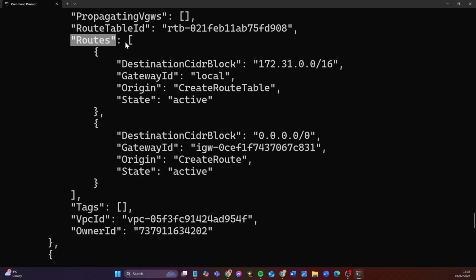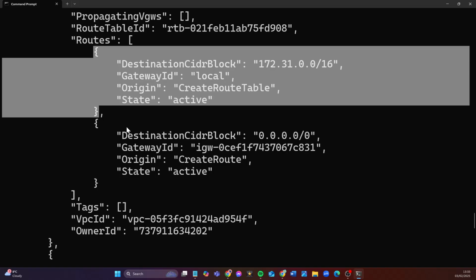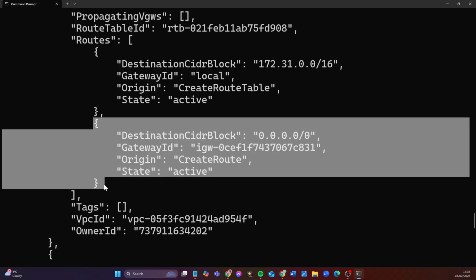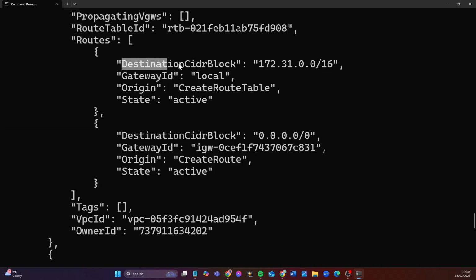And then Routes, and we've made this an array, so an ordered list with opening square bracket and closing square bracket. And we have the first object, the first element in the array, which is this object, and the second element in the array, which is this object. DestinationCidrBlock, GatewayId local, Origin CreateRouteTable, State active. So both of these routes have